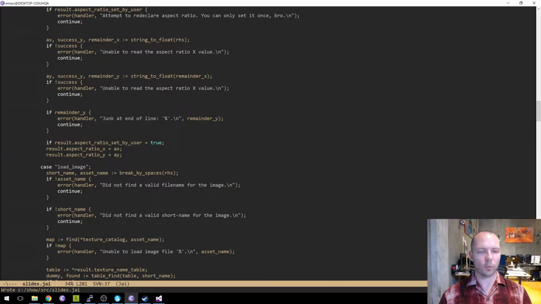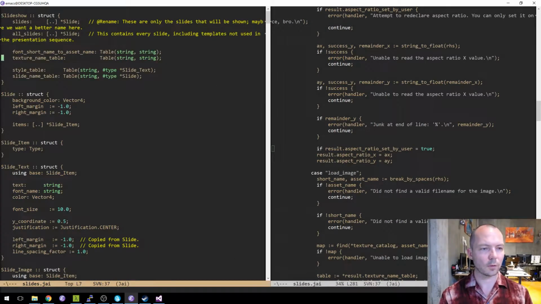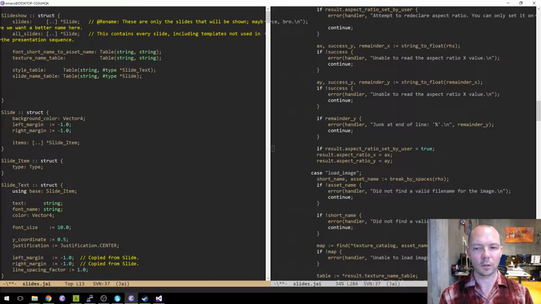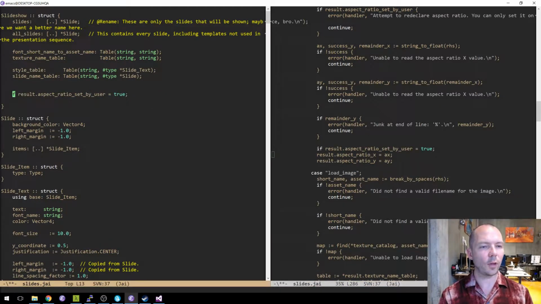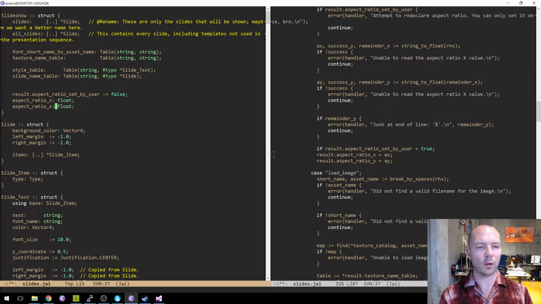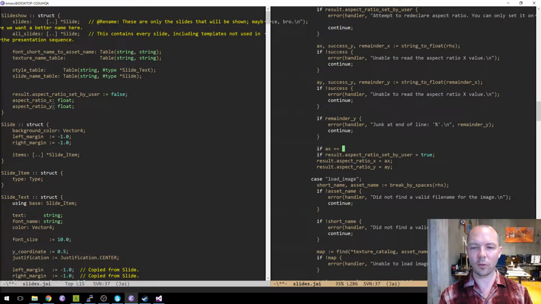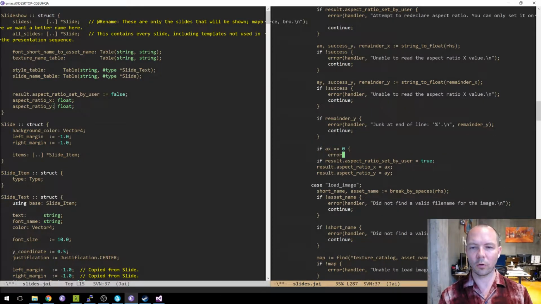Okay, so we're going to say aspect ratio set by user starts as false. Aspect ratio x is float. If ax is equal to 0, error. Attempt to set a 0 aspect ratio.